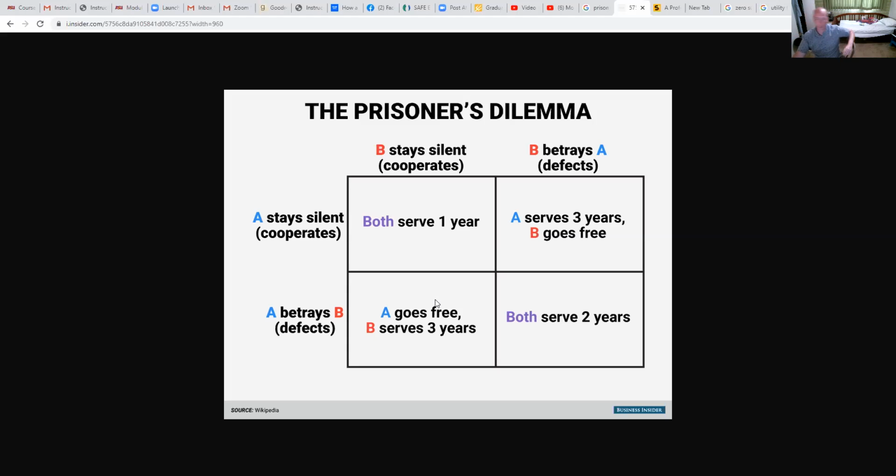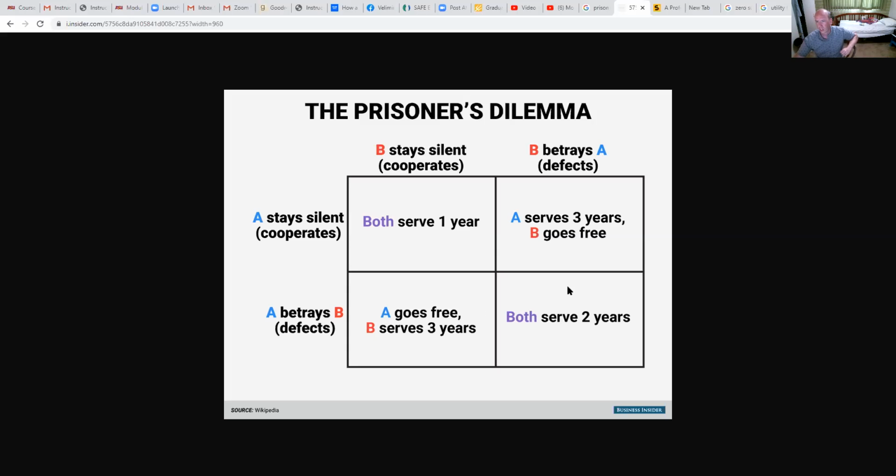Now we go to the next thing. So that was if you stay silent. If you decide to betray your friend and cooperate with the police, make the statement, now either you're going to go free because the other guy kept the deal, and he didn't say anything about you. You put it all on him. They had enough evidence to convict with your statement. He's gone down for 3 years.